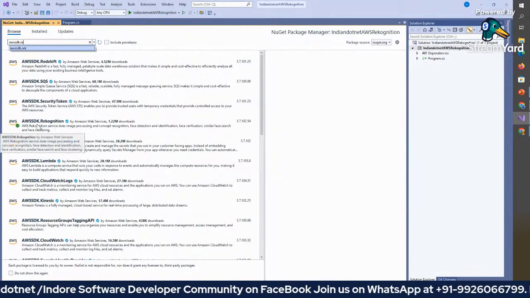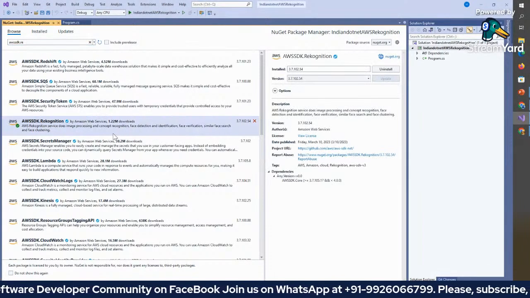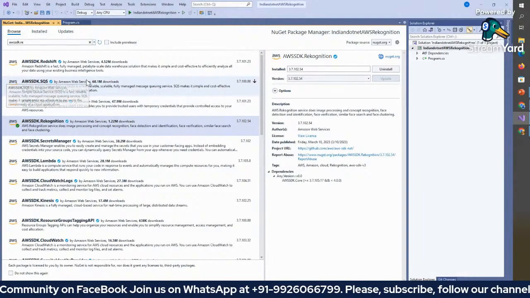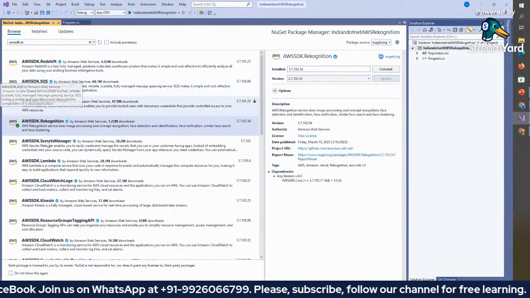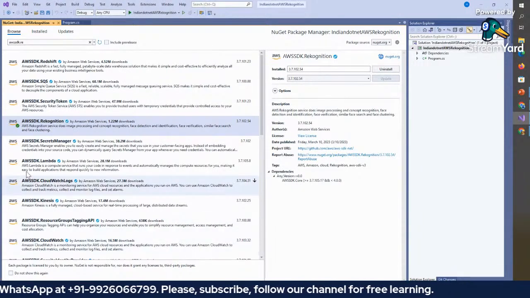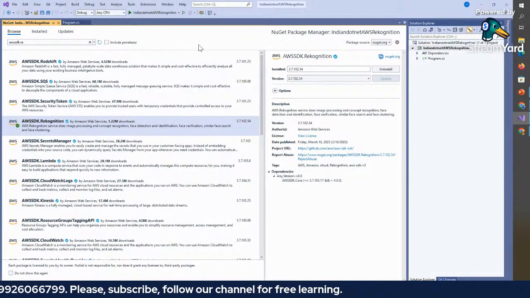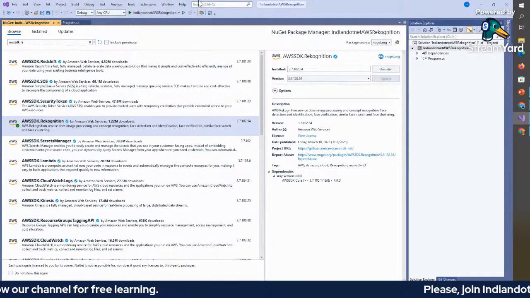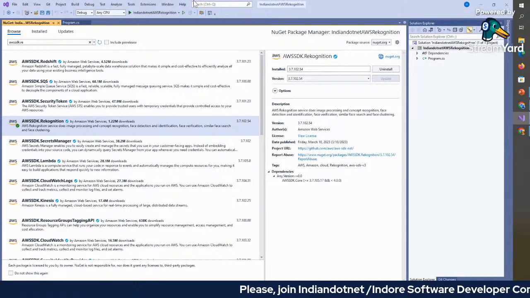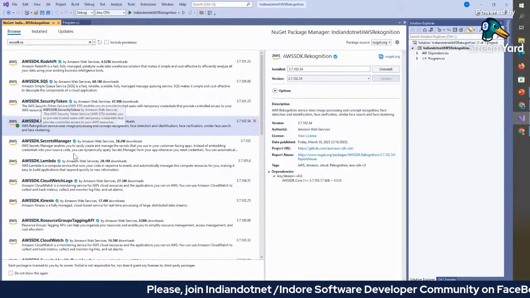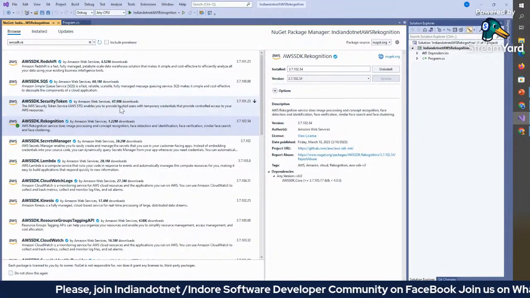So you will find the Rekognition services over here. Similarly, as you saw previously, there are different services. We will go through all these services one by one on each Friday. So far we have discussed five odd services. Most probably in the next few days we will discuss SQS, Redshift, and